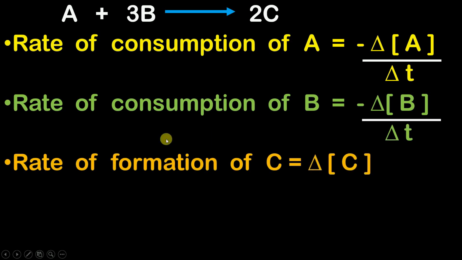Now the second step is to find out the rate of formation of C. That is nothing but our product. So there is only one product, so you need to find out only one formula of rate. That is nothing but rate of formation of C, which equals the change in concentration of C divided by change in time. Now here we are going to take this change as positive only. Why positive? Because as time increases, reactants get converted into products, which means that the amount of products increases. So the change is obviously going to be positive because the concentration of products is going to increase.